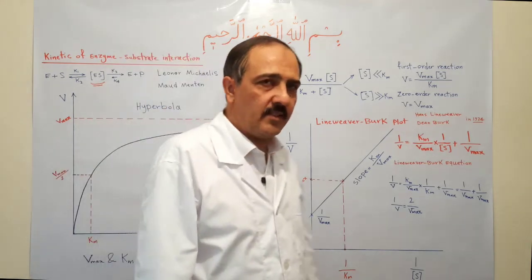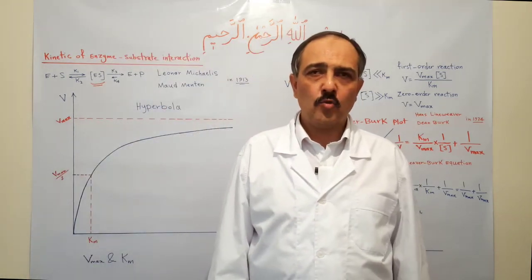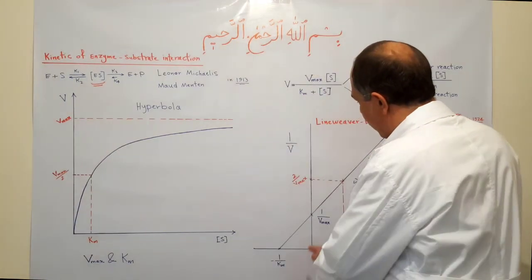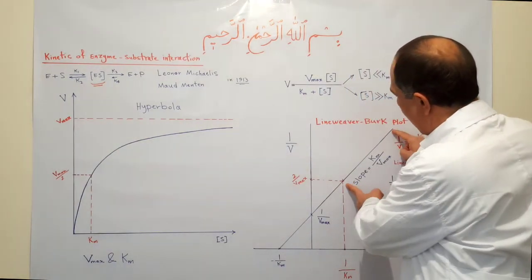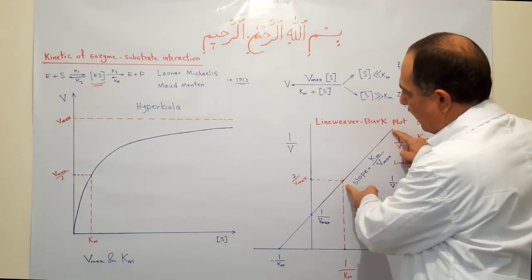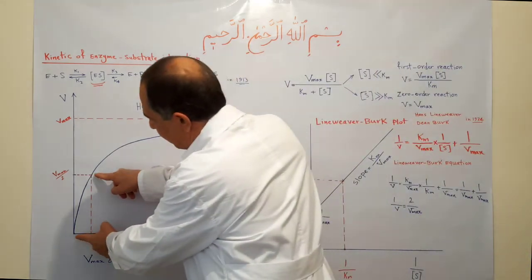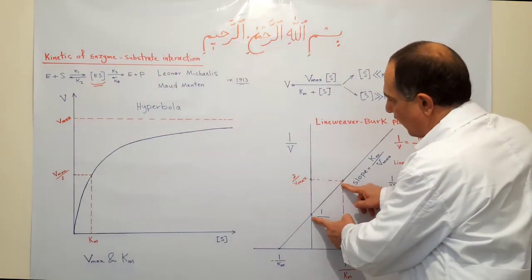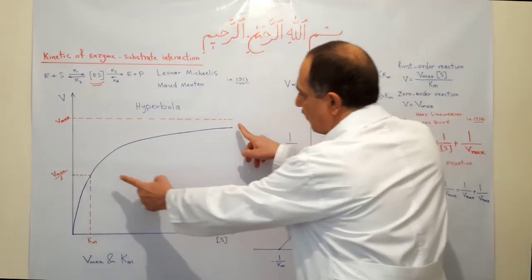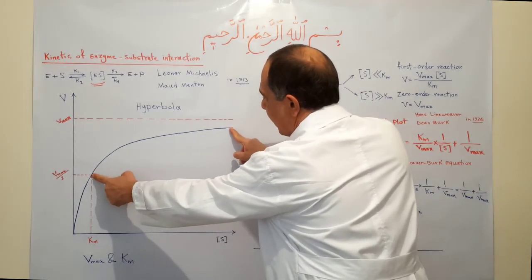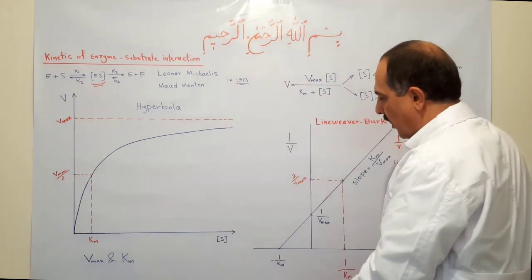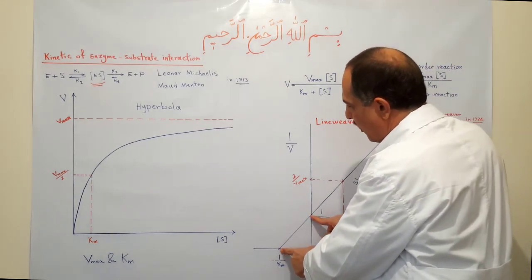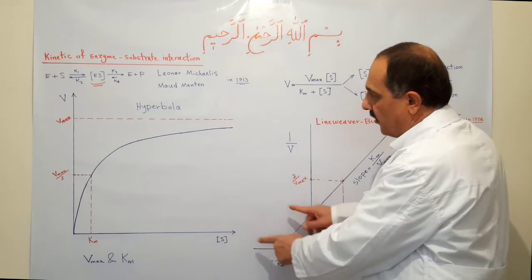Another important thing about these two plots is that the data points in this region of this plot appear in this region of this plot, and data points in this region of this plot appear in this region of this plot. Question: what is the corresponding data points of this region of this plot on